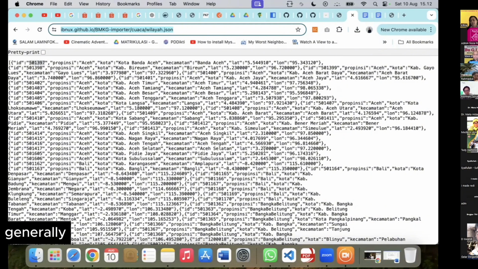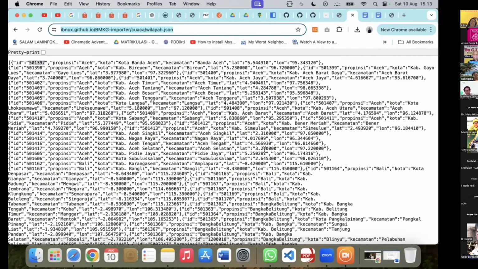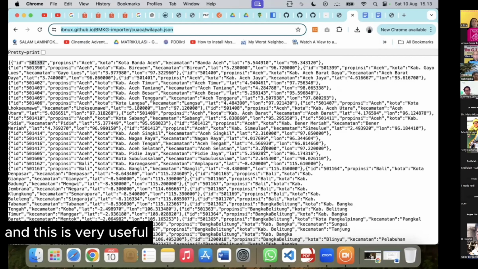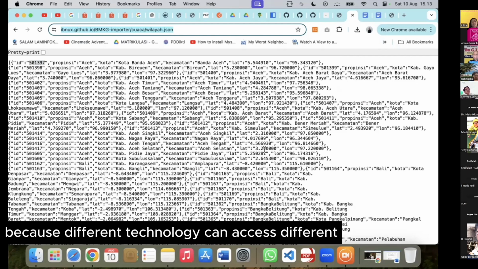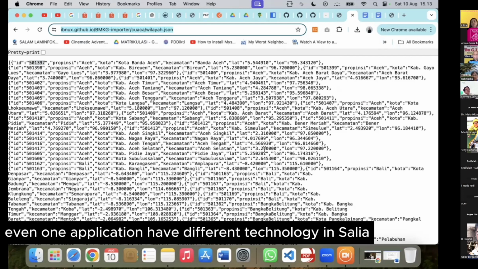interface, ya. Jadi entah itu bahasa Python, PHP, or using a different operating system can access the API, walaupun API dibuatnya oleh teknologi yang berbeda, ya. Yeah, this is very useful because different technology can access the other technology. Even one application can have different technology.